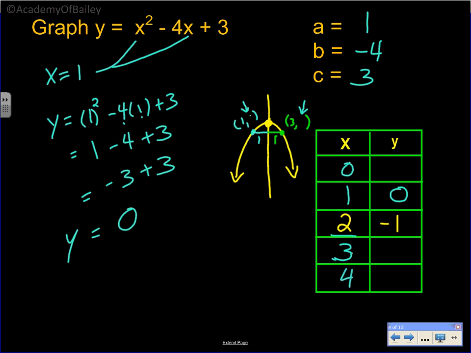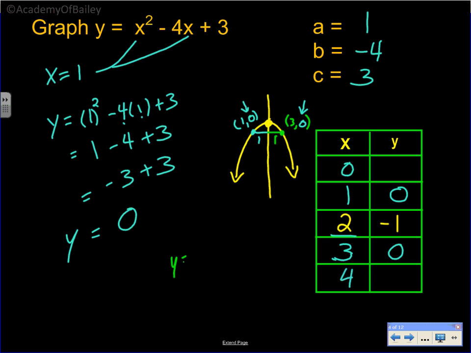And so since this is (1, 0), the value of the y beside the 3 will also be 0. So we can go ahead and put those in there like that. We don't have to do any calculations. We don't have to plug 3 in,